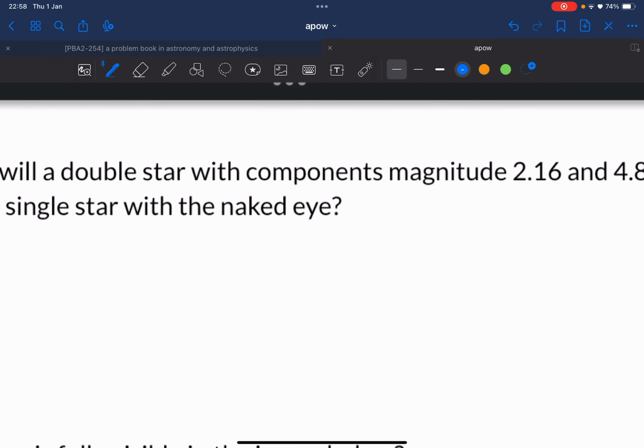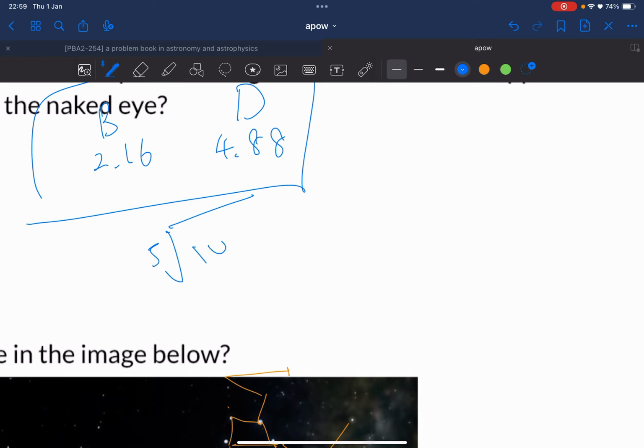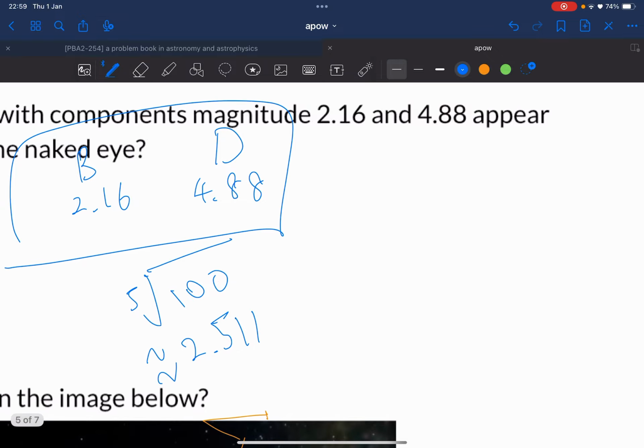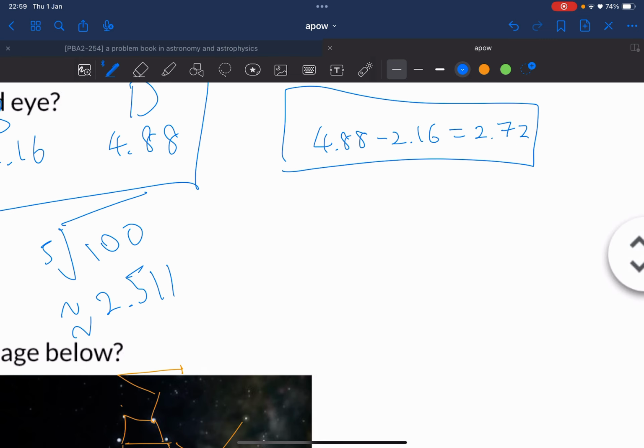Is there another way to do this? We have 2.16, then we have 4.88. So this is the dim star. Wait, no, this one's the bright star, what am I saying? So this is the dim star. And we know that the relationship between them is like... in other words, we just know that if we want to move up the scale, we can round, right? Because 4.88 minus 2.16 is equivalent to like 2.72, right? 2.72 is like about 3, kind of, no, not really about 3, but